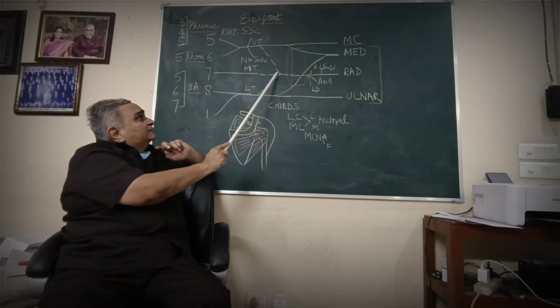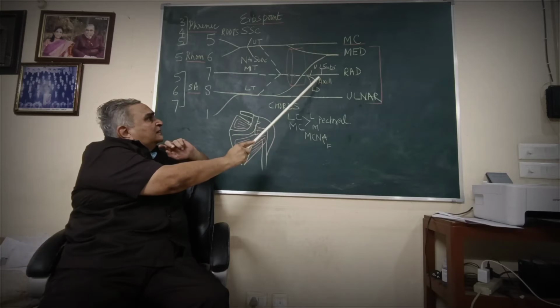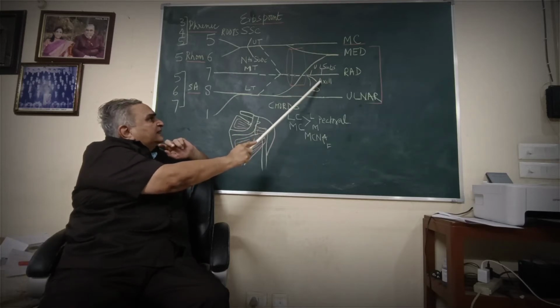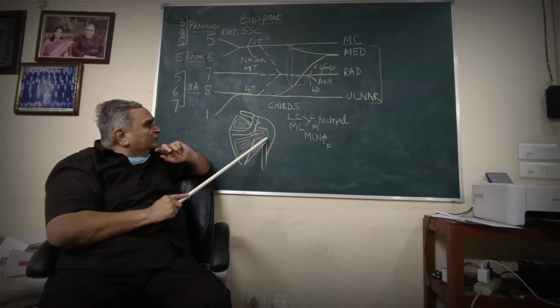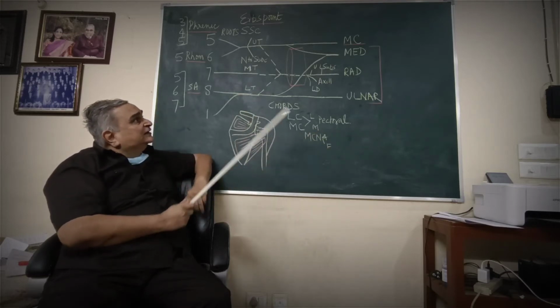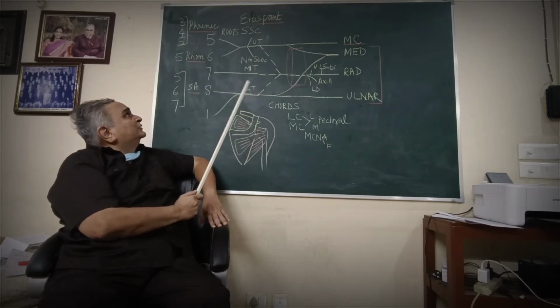Then from the posterior cord, you have an upper and lower subscapular and nerve to latissimus dorsi and the axillary nerve, which comes out from the quadrangular space here, goes round the surgical neck, supplies the teres minor and supplies the deltoid. So this is the brachial plexus revised for you, and now we'll tell you how to test for